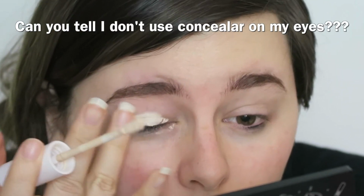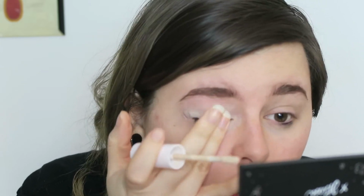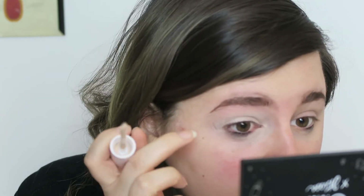Ooh. I don't know what I'm doing with this one. I don't have any brushes over here either. So, I've never put concealer on my eye like this before to use as a base, so forgive me for my poor application. So I think I'm gonna actually do BFF all over the lid